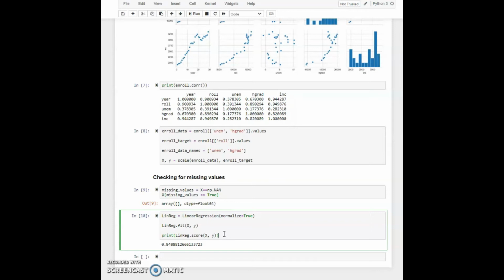Now the score that's printed out here is the R-squared of the prediction. It's a measure of how well the regression line predicted by the model actually matches the real values for college enrollment. Basically, it is telling us how well the model performs in predicting college enrollment. A maximum good score would be 0.99 and a minimum score would be 0.01. If you see a value of 0 or 1, you know something is wrong with our model. So this model has an R-squared value of 0.84, which isn't too bad. Of course, this could be better, but this is a fast demonstration of linear regression.